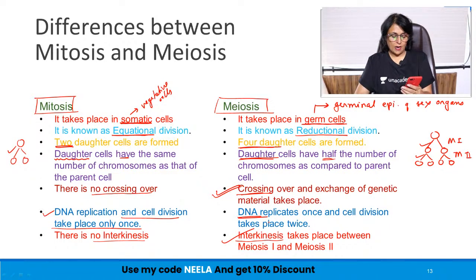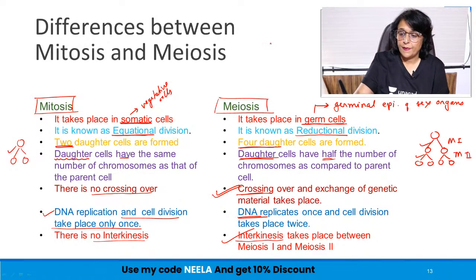Okay, Ayush is asking about the G0 phase. G0 phase is when a cell divides and then it has to get differentiated. If a cell has to get differentiated, then it comes into G0 phase. And obviously after G0, it's not going to divide. Okay? G0 comes after which? It is after G1.